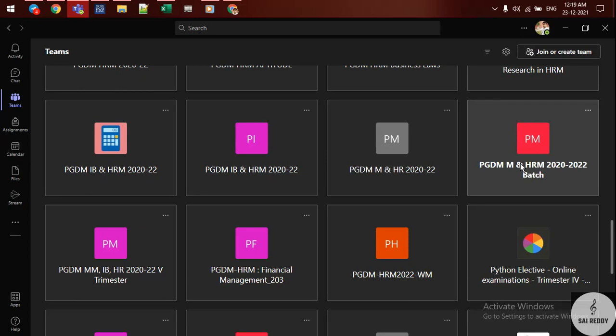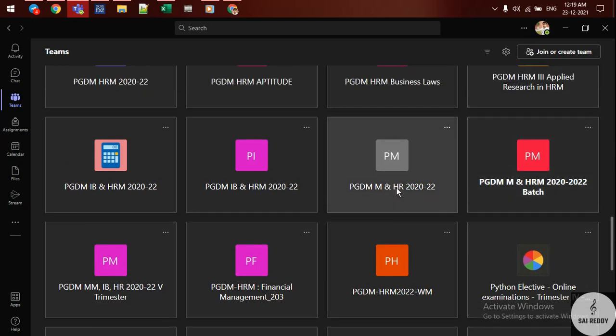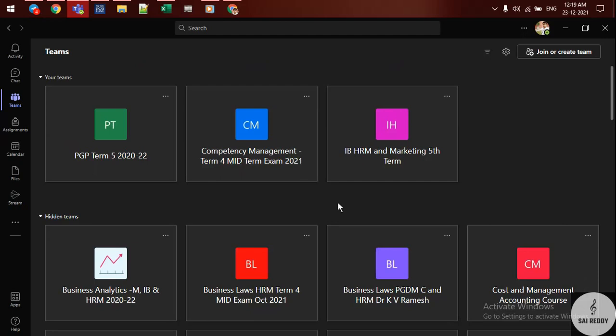It might be a recording saved, or it might be a chat, it might be a like button, or someone has reacted to someone's post. Whatever it might be, if there is something which you haven't seen in that team, this indicates the bold font. So by that we can conclude that if there is any notification in that team, it will be highlighted.